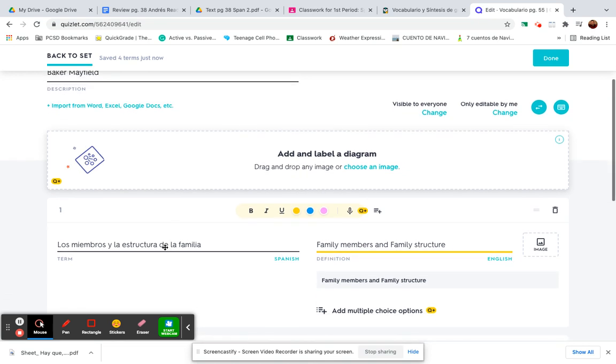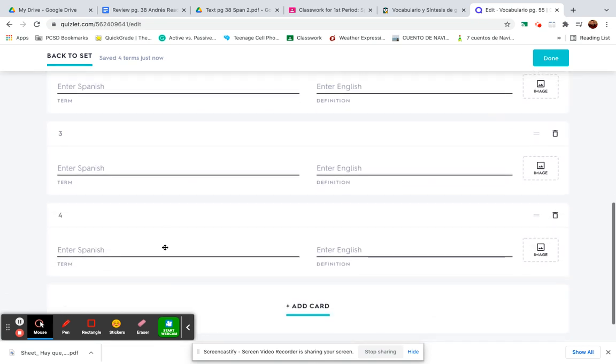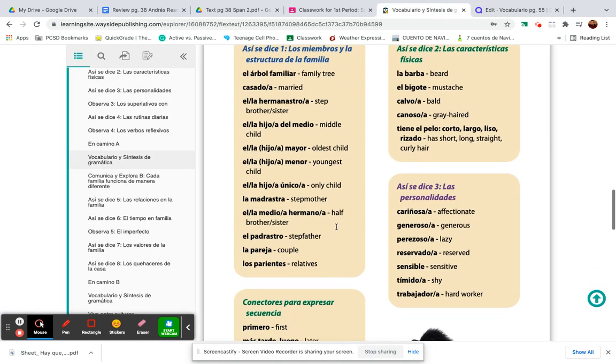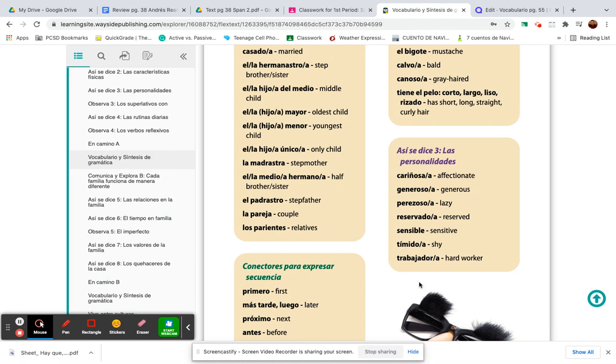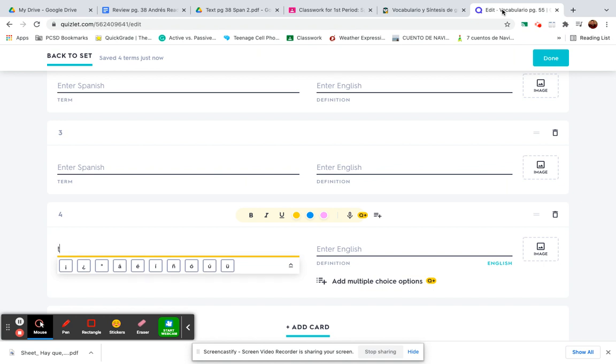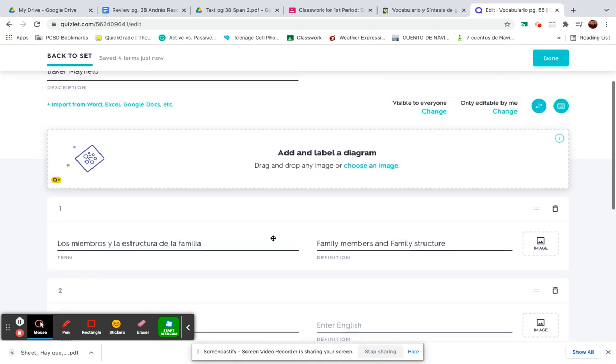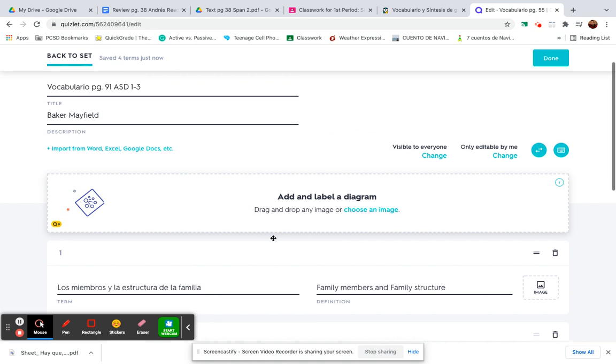And then once you're done with the last one, which will actually be number 27, it will be trabajador / trabajadora. So you should be doing those slashes too. So that'll be 27. So trabajador / trabajadora, hardworking. Please get your name in there, okay?